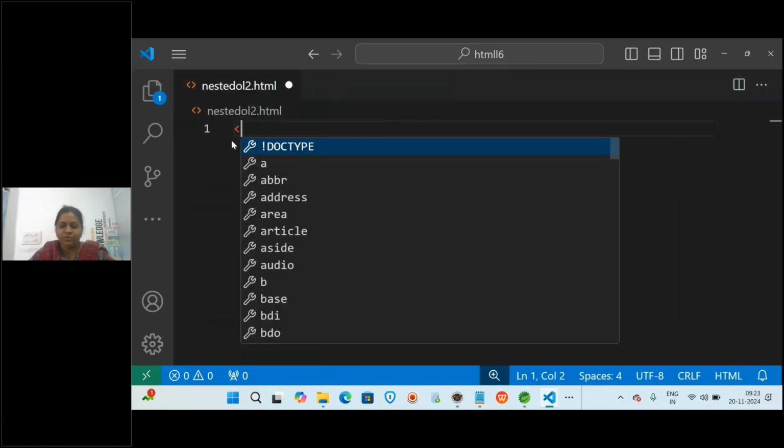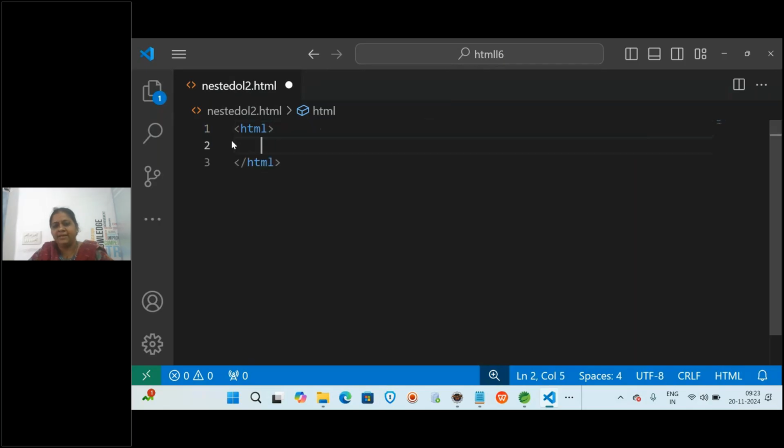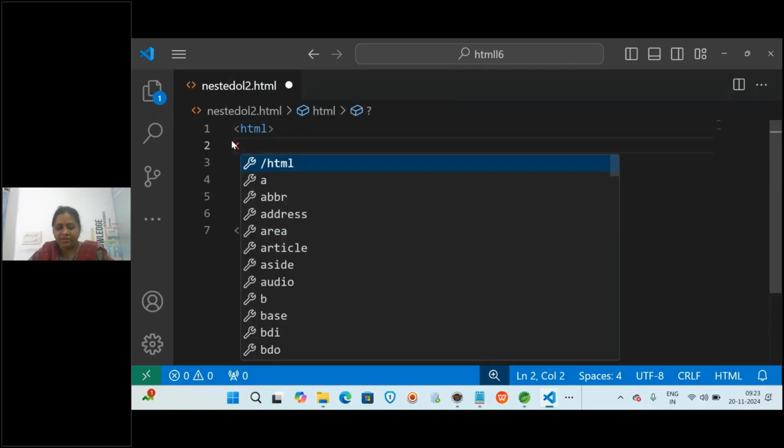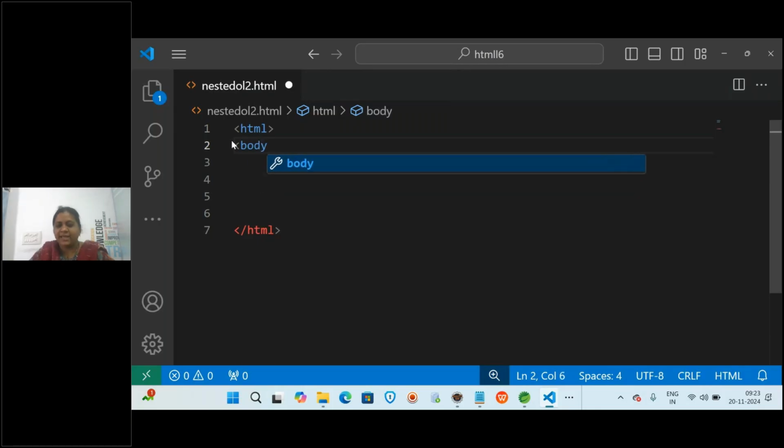Now the basic root tag is what? HTML. And inside this HTML you create, if you want, head or directly the body tag. In the body tag you will be writing the lists, whatever it is.